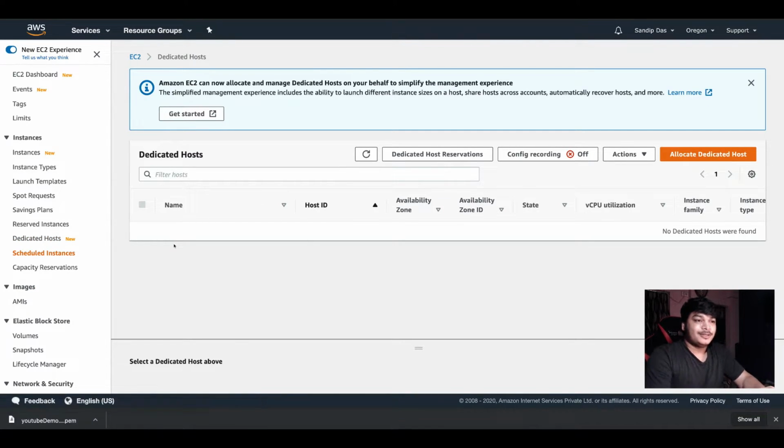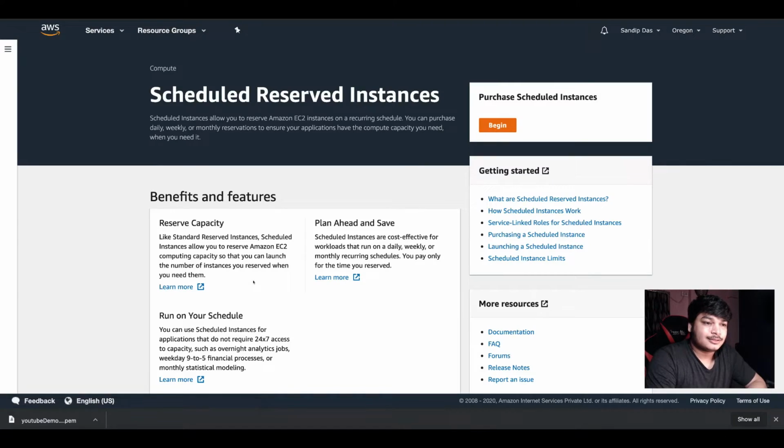Scheduled instances. Let's come here. Scheduled reserved instances allow you to reserve EC2 instances on a recurring schedule. You can purchase daily, weekly, monthly reservations to ensure your application has the compute capacity you need. I'm just giving a practical example.